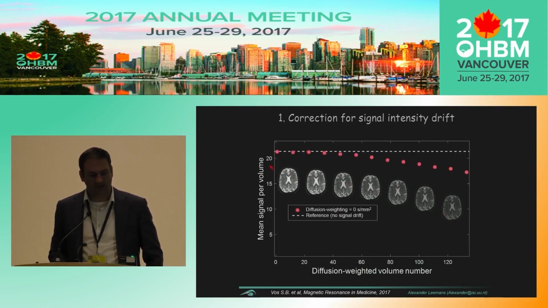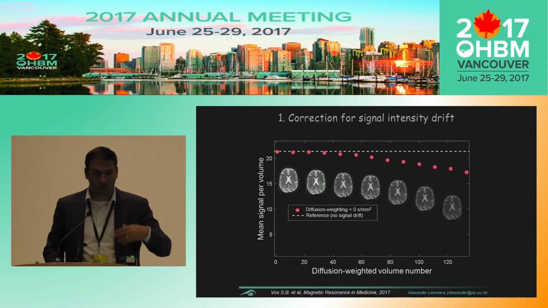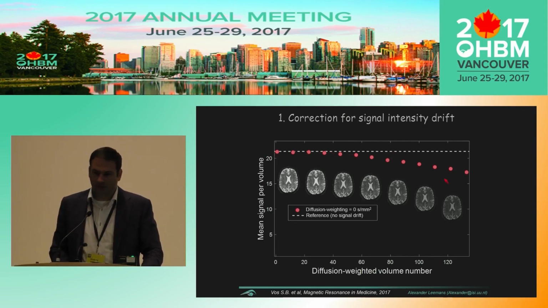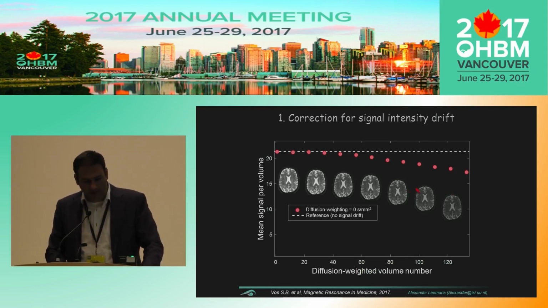So if you just take the average intensity value of your B0 image, you can clearly see that over time the signal goes down. And that basically says your scanner is not perfect. It might be heating of the system, or depending on how many times you used your scanner, you get different trends over here. This is very common in fMRI. People have been correcting for these kinds of signal drifts for many years, but in diffusion MRI it has typically been